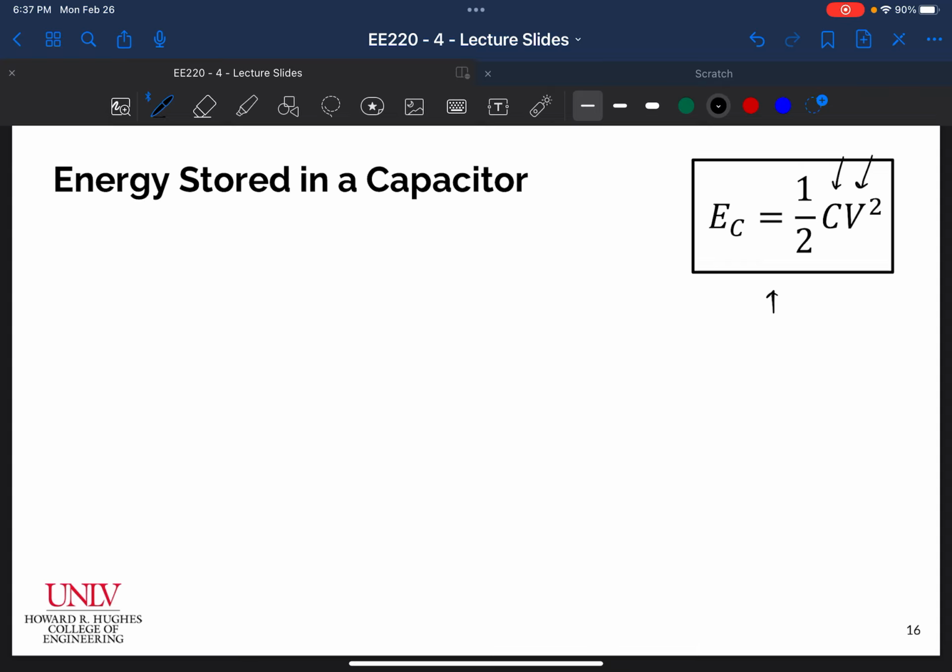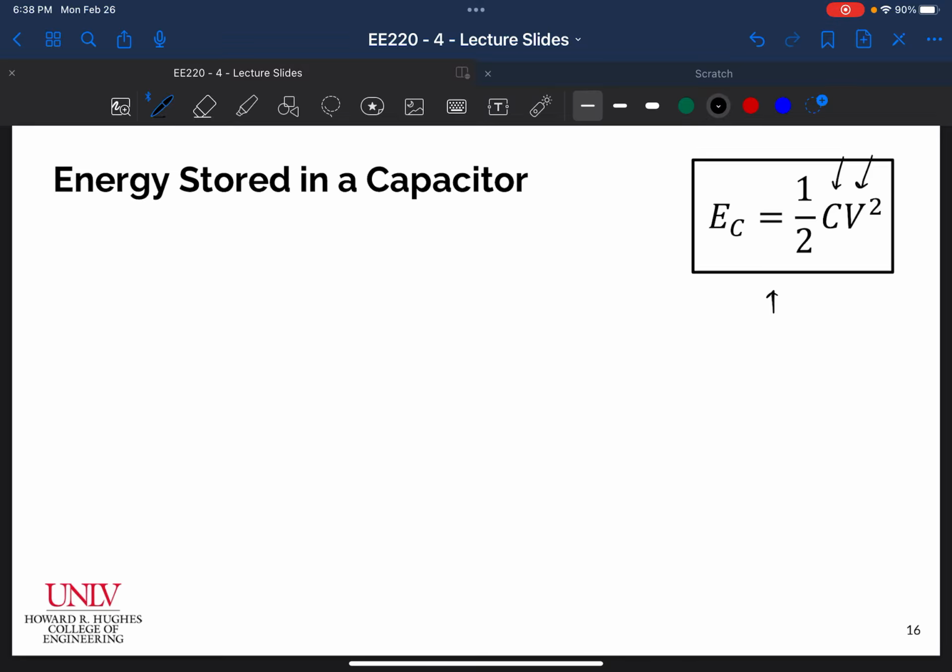across the capacitor squared. If the voltage across the capacitor is 0, then there's no energy stored in the capacitor. As that voltage increases, we can see that the amount of energy stored in the capacitor increases quadratically, or as this voltage increases, the energy increases by the voltage squared, or is proportional to the